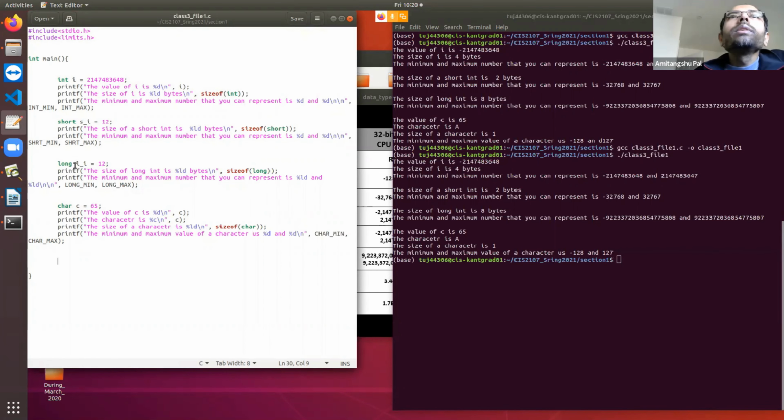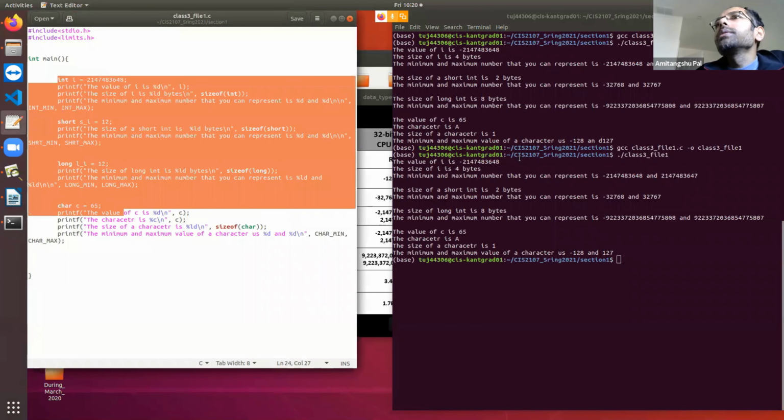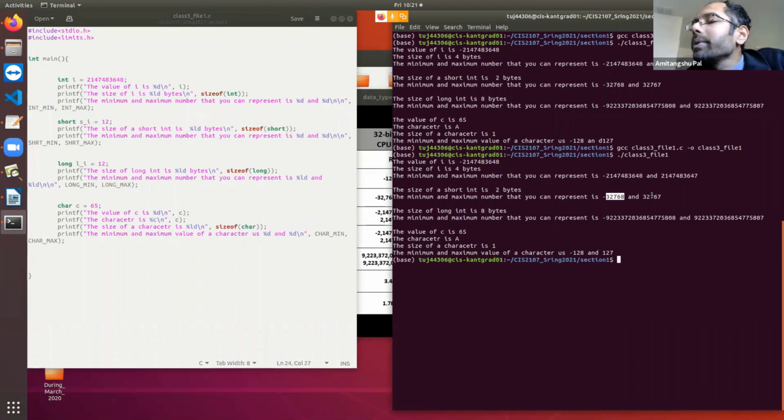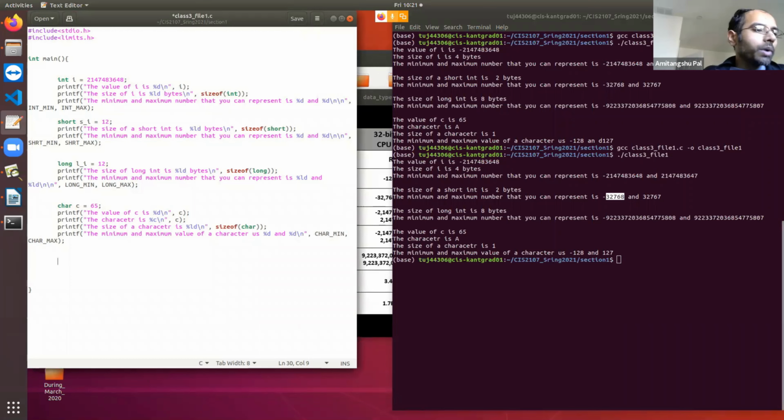So we have seen that all these data types represent both negative and positive numbers. Now there are several occasions where we do not need to represent the negative side. Suppose I am dealing with the number of students in this university, which may be a few thousand. The number of students is never going to be negative, so I do not need to worry about the negative side of a data type.